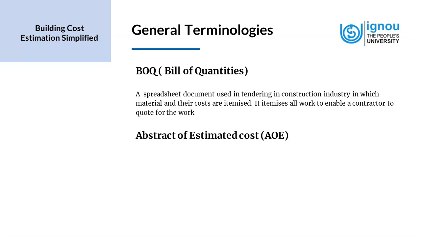Suppose we have a huge building project, and we invite contractors to bid for the project, and then we have a tender. And so what we do is we provide a bill of quantities along with the documents we supply to them. In this bill of quantities, we have the item and the specification of the material or the work that is to be done. Then we have the column for units of measure, and then we have the quantity of that particular item that has to be used.